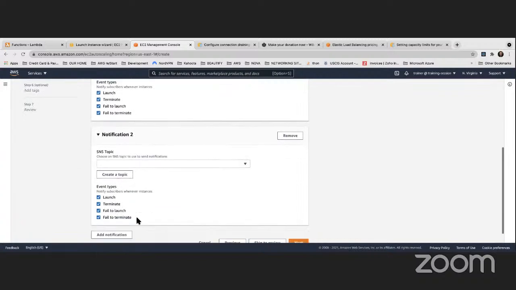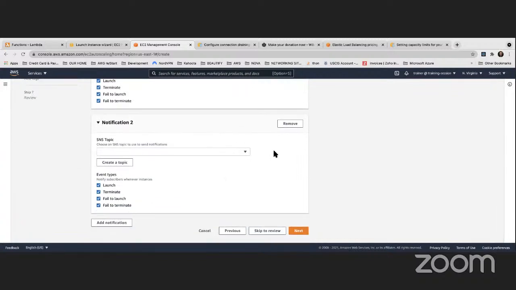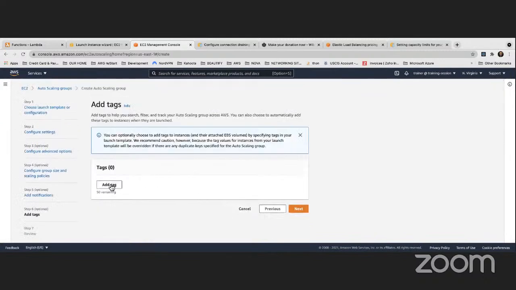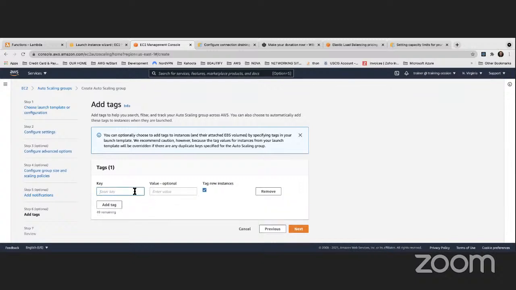I can add another notification just in case I want to do another one. For now, next. So now I can give it a tag, and this is the tag that every single instance is going to get. So I'm going to say,